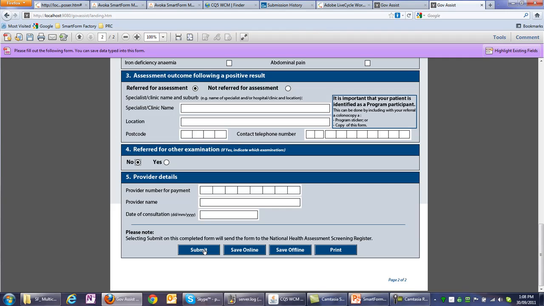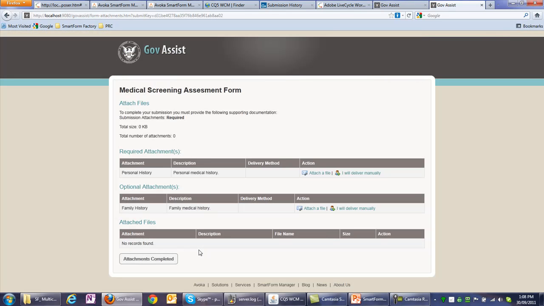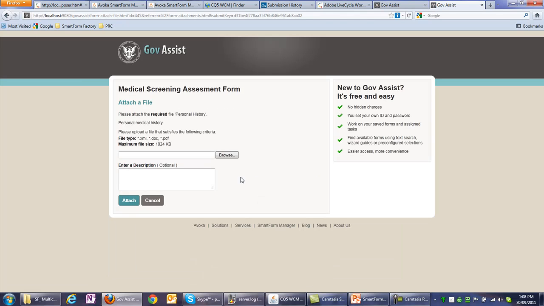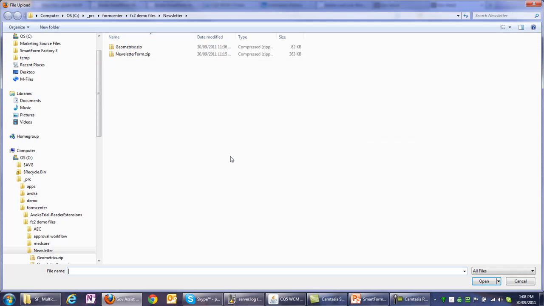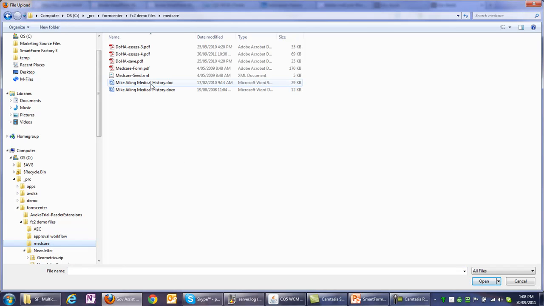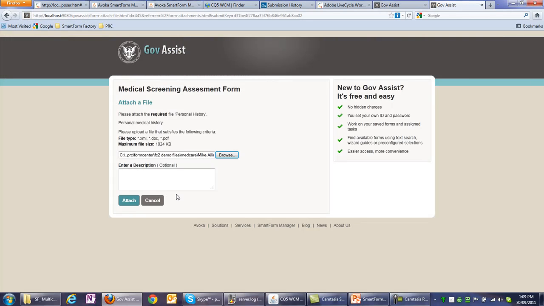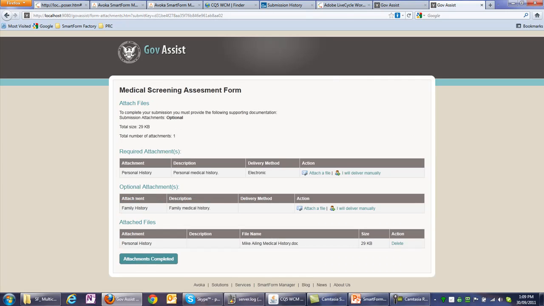So once again, I'll come along and in this form, I'll click on Submit. And when I do that, this form's also been configured so that I can upload attachments. And there are two different types of attachments, either required attachments or optional attachments. If I click on Attach a File, it's asking me for my medical history. So if I click on Attach a File, I'll come along and just find my medical history record, upload that information,